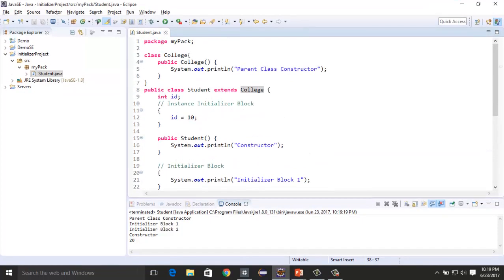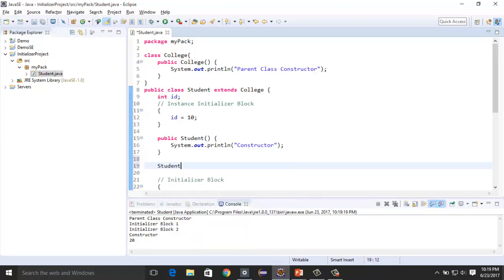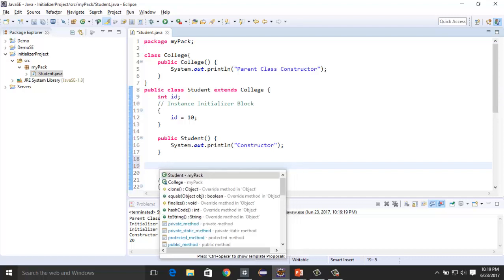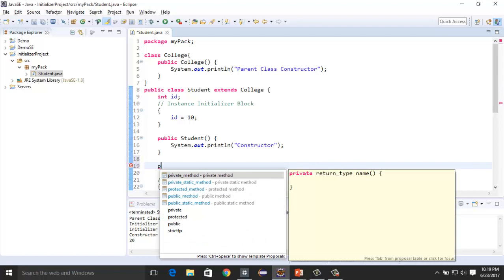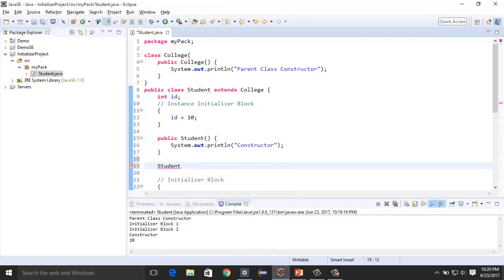Okay, so what if I have two constructors in our child class? So let's create another constructor. Student, and let's create a parameter int, and this is doing that.